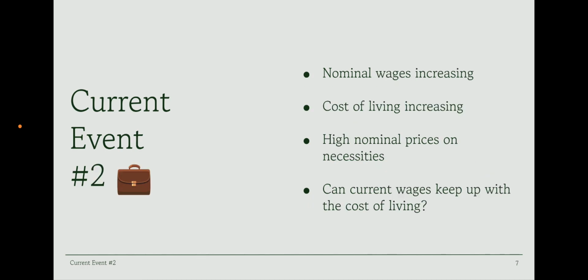And then number two, this is wages versus cost of living. We are also seeing nominal wages increase in a variety of jobs. However, the cost of living, especially necessities like groceries, rent, utilities, and even cars, is rising way faster. That raises a very important question that you should be aware of: can wages keep up with the cost of living? And when they don't, real wages actually fall. Essentially, inflation normally combats the gains that people believe they are truly getting from their wage increases.